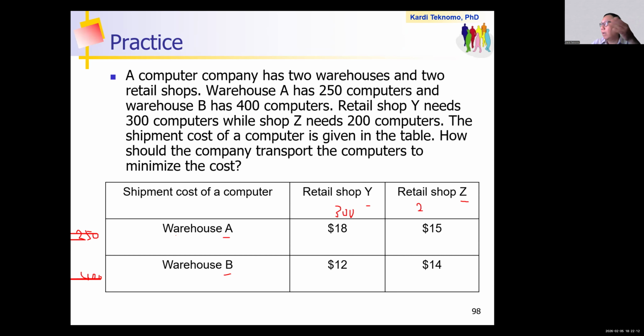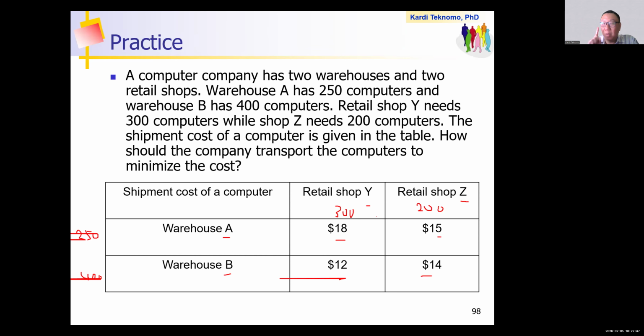So this is the demand and the supply is given. The transport cost is also given, very typical. Now, how will the transport company transport the computers to minimize the cost?